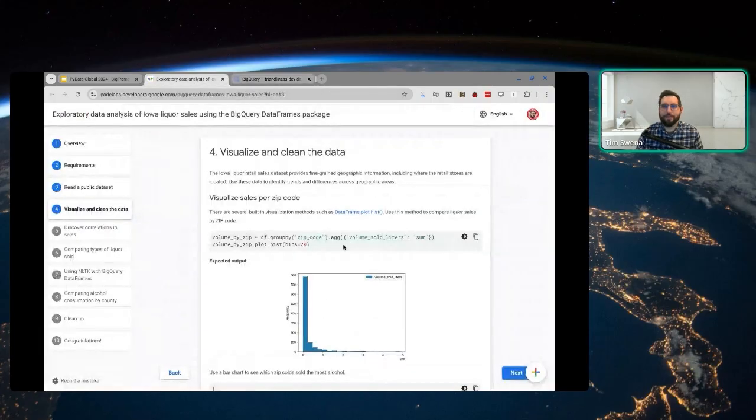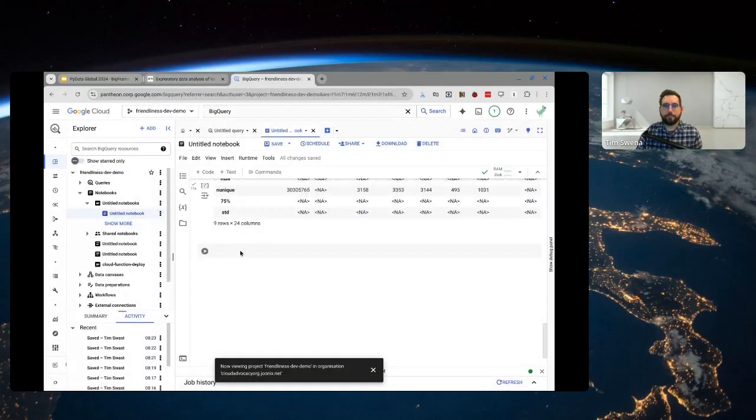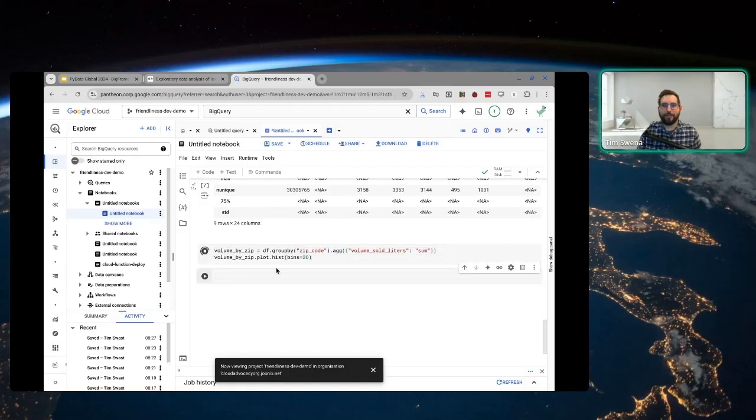So for the start, I was curious about the geographic distribution. Let's dive into that and explore it some. Here, I'm going to group by zip code, so we're going to aggregate over zip code. And then I want to see how much alcohol is sold in each zip code. I thought it was fun to think about things by volume, just the sheer amount of liquid sold in each of these zip codes. And if I run this,